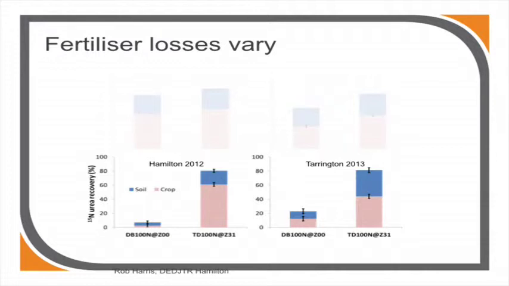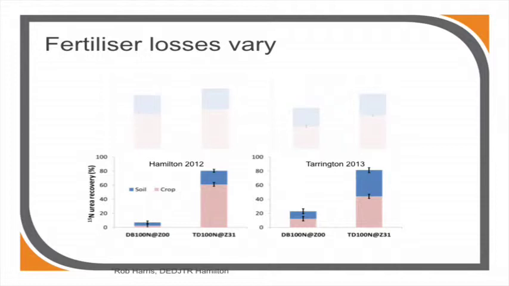And I guess what we see here is far more pronounced differences between where we're putting it out at sowing and where we're putting it out during the season. In fact, if we look at these in-season, pre-sowing treatments, if you said to someone that they're putting out 100 units of nitrogen and you're only going to be able to find 10 to 20% of that nitrogen come the end of season,